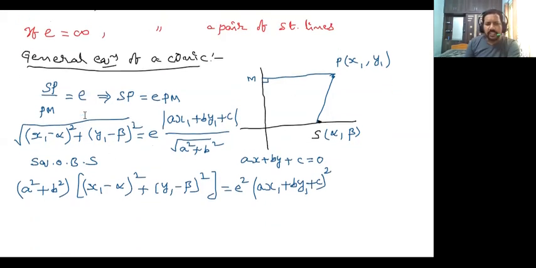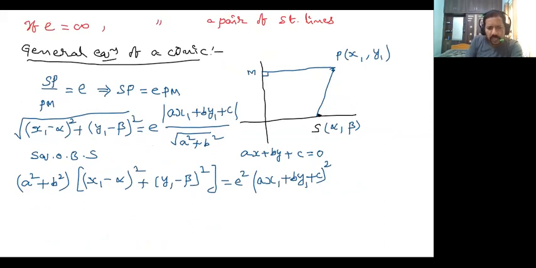Equation of locus is... equation of locus. Equation of